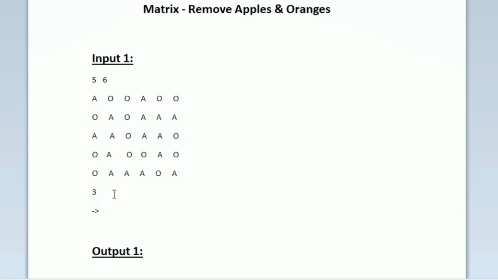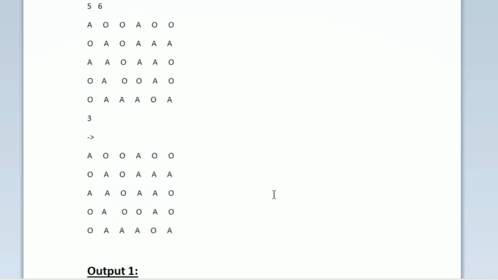This character matrix will be made only using the characters A and O. The character A means apple and the character O means orange. First I am copying the input character matrix as such. Now what we have to do is remove the apples and oranges from the last row, and it is given in the question that if the apples count is greater than or equal to the orange count, then all the apples must be removed, else oranges must be removed.